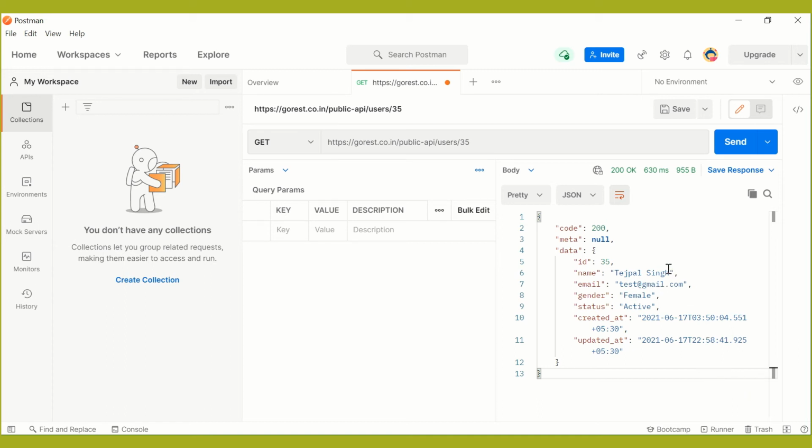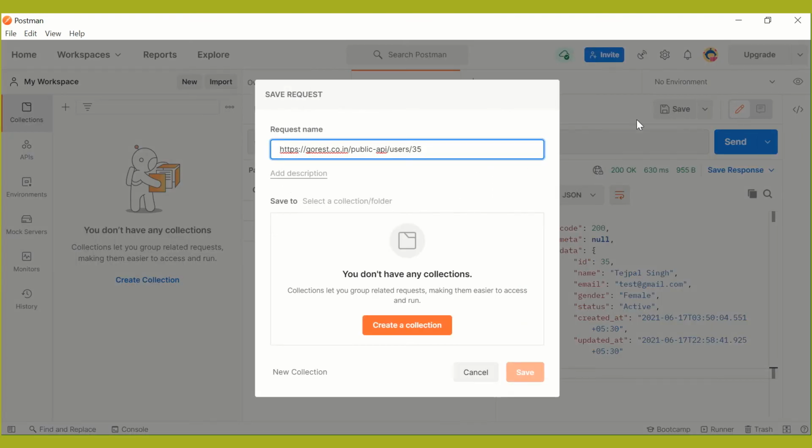Similarly, if you want to save this particular request, you can save it from here, or let's first save this to a collection. Once I save it, I need to give a request name. Let me give the name Get users.